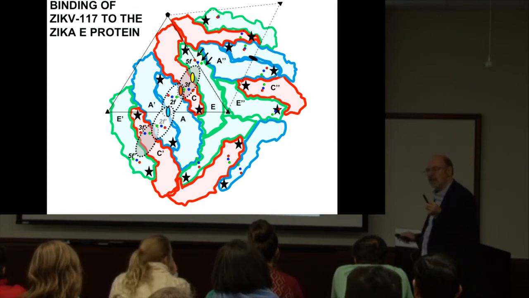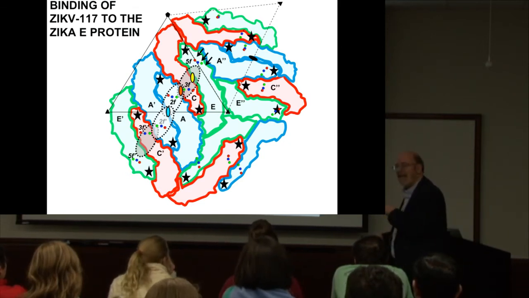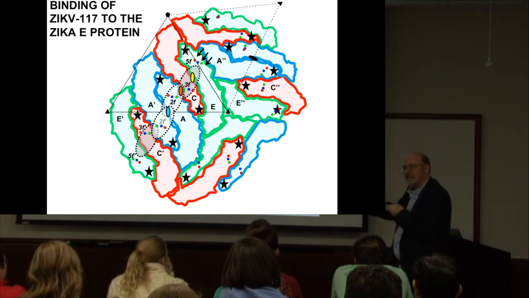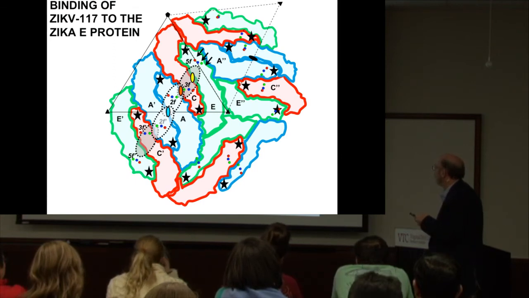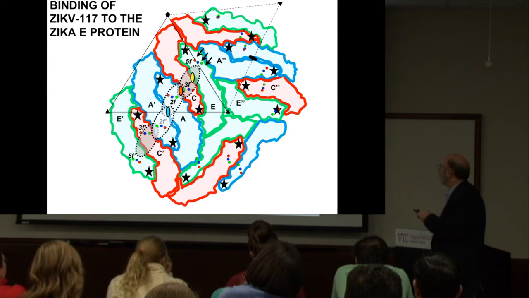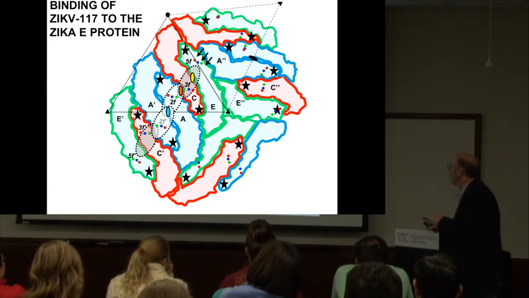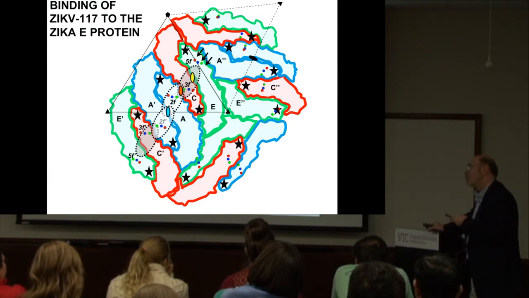You could imagine that this site is in a canyon and that antibodies cannot penetrate into the canyon because they're blocked. There's a big ridge that's right over here. This one here is pretty much open, and so antibodies will tend to bind to this one first. If they bind here, they can't bind here. But the reciprocal is also true. This is a lower affinity binding site, but if you do bind a Fab here,